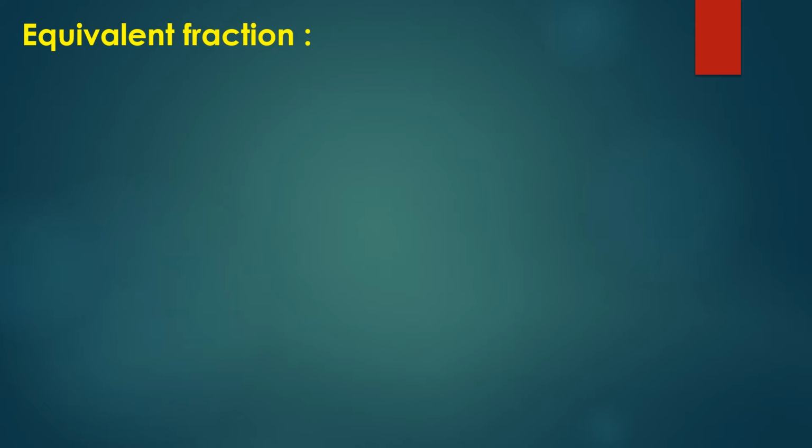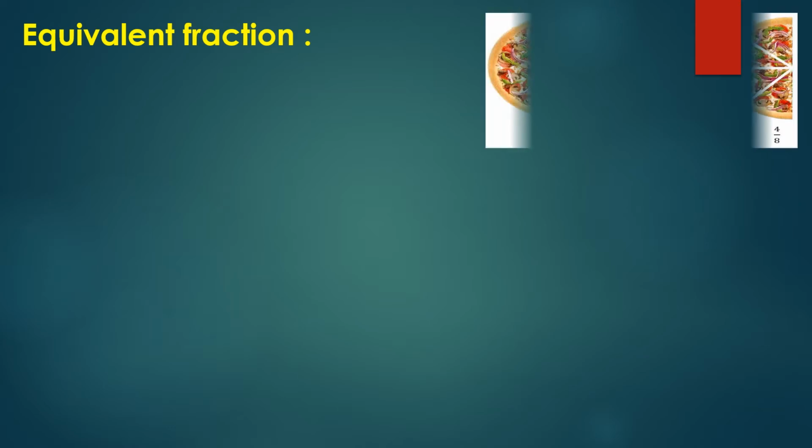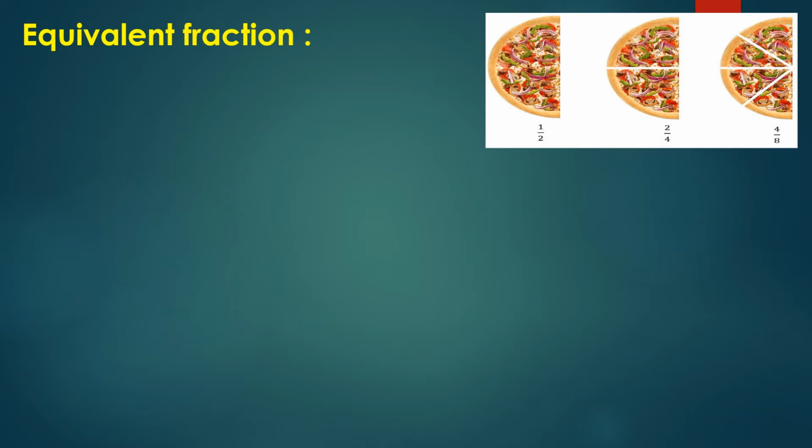Next, let us understand what equivalent fractions are. How to say a given fraction is equivalent to another fraction, and also how to write equivalent fractions for any given fraction. Here let us have an example. Here we have half of the pizza, denoted by 1 by 2, and the same half is divided into another two parts and it is denoted by 2 by 4, because we will have another half of the pizza. The whole pizza is divided into 4 parts.